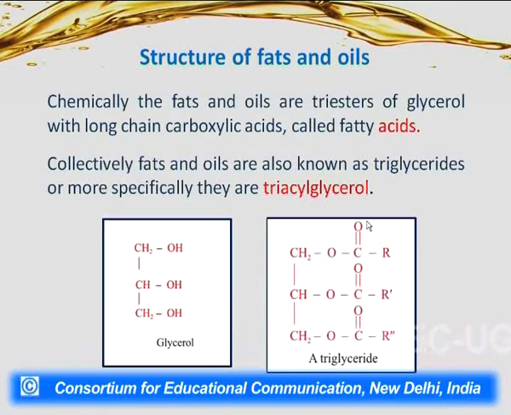These are 3 different carboxylic acids, and by a loss of a water molecule between OH of this glycerol part and OH of the acid part, this ester linkage has been created here. So, there are 3 ester linkages with 3 different acids, that is why these are called triglycerides or triacyl glycerols. These carboxylic acids may be same or they may be different. Here they have been shown as R, R dash, R double dash, as if they are different, but there are certain oils and fats where the 3 carboxylic acids are identical.